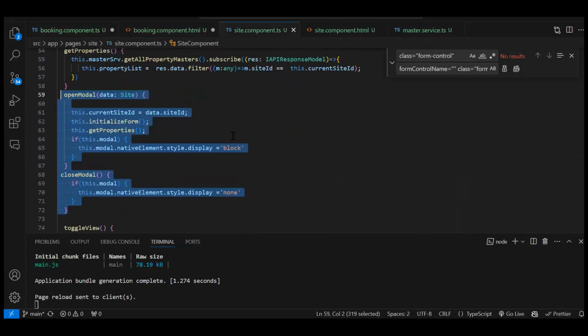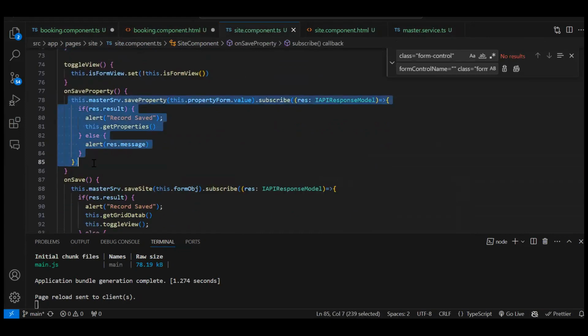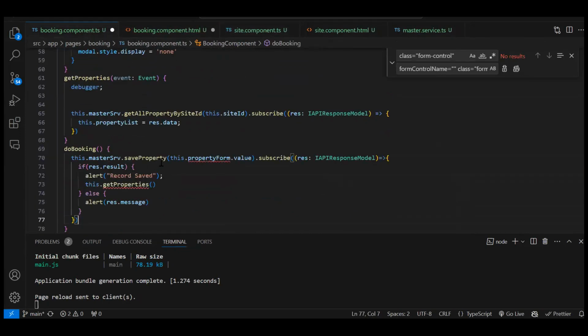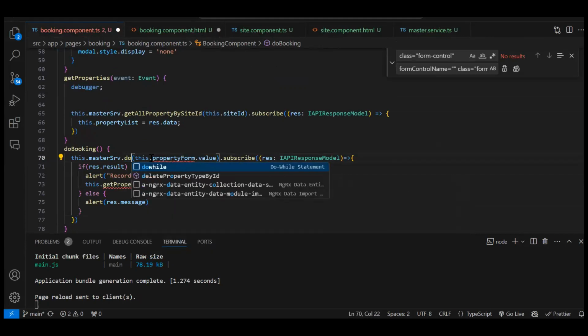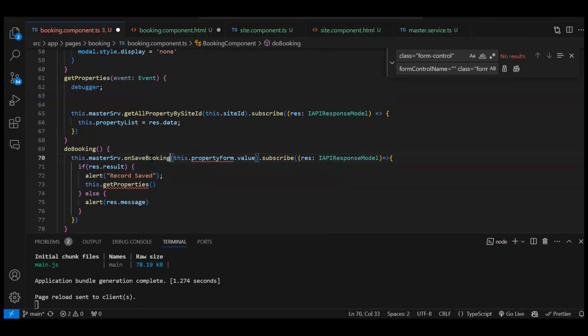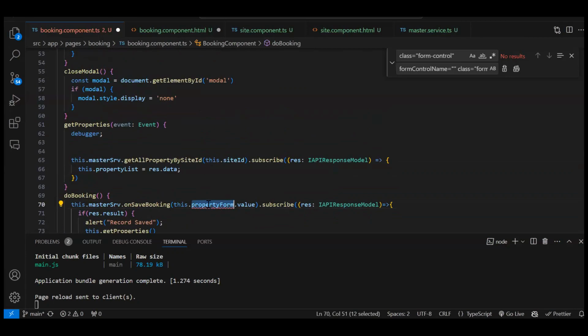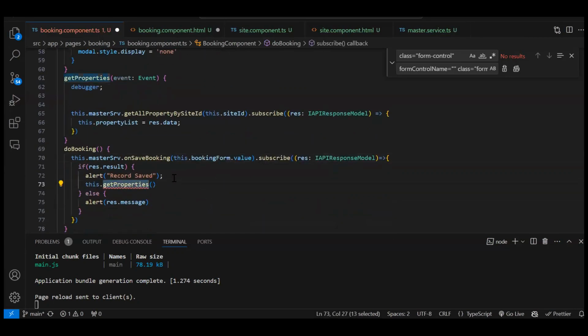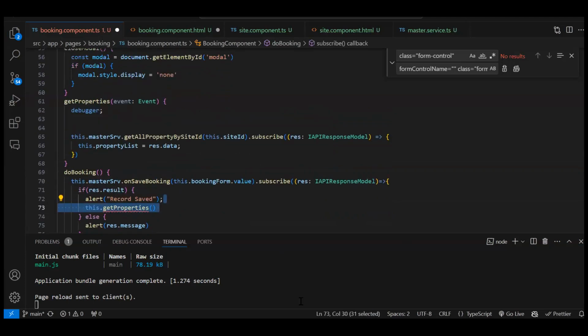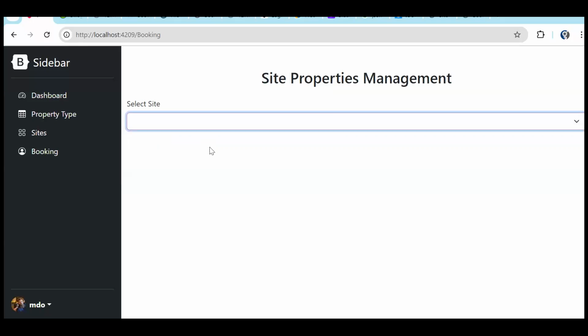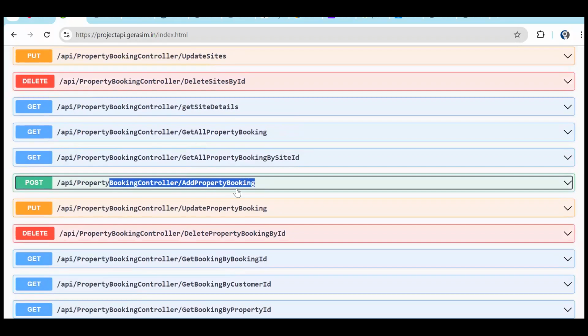Let's copy the save API call function like this. Booking. What we need to pass is the booking form object. Record saved, we don't need this. Yeah. So see, if you see the UI, we have a site selection. And once we select the site, we are going to do two things. First, we are going to get all the properties, and second API call to get all the bookings because we need to show the site booked